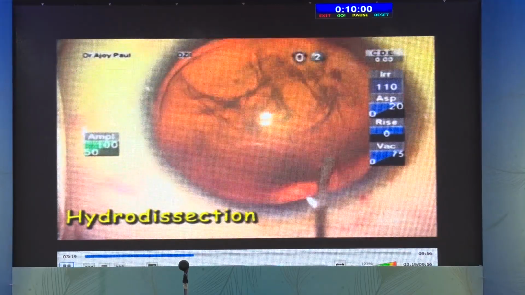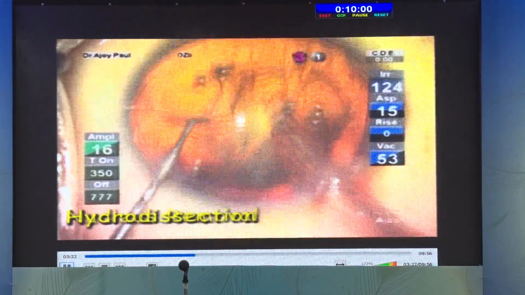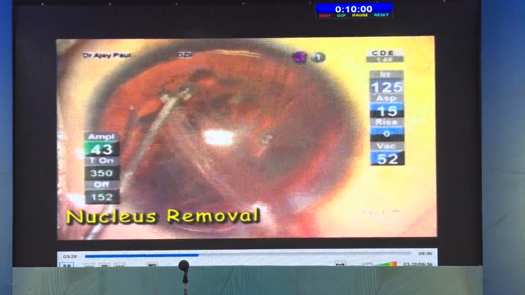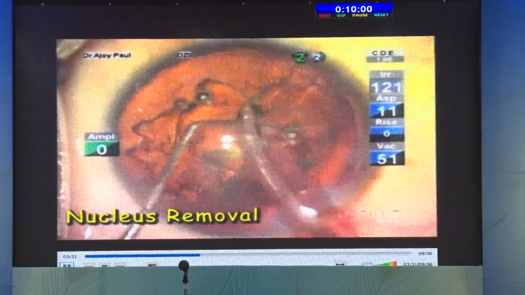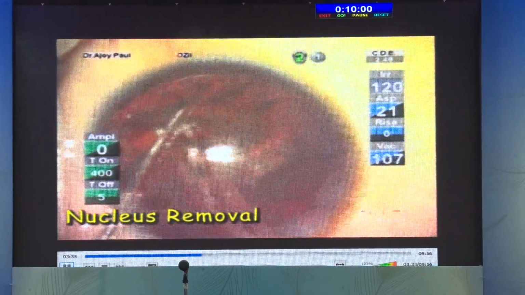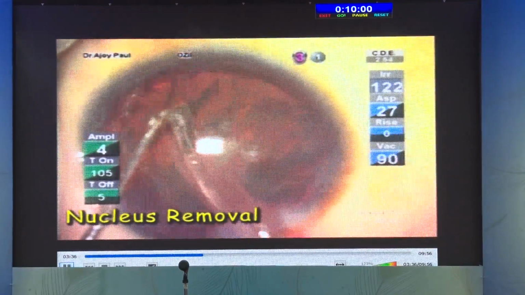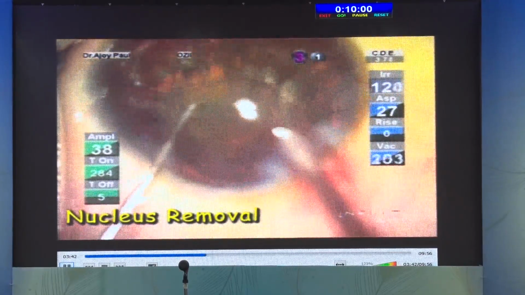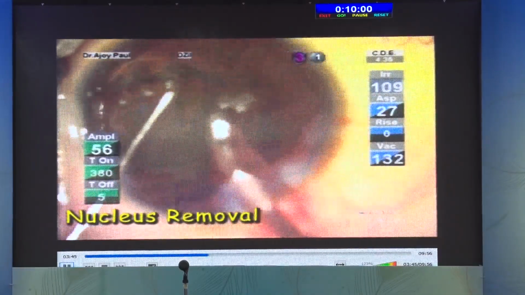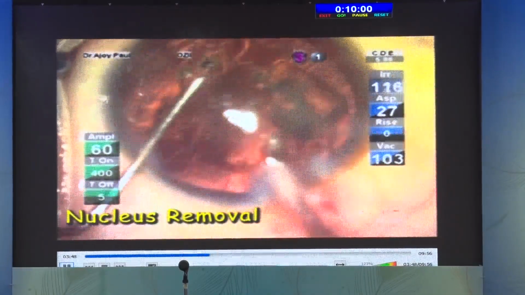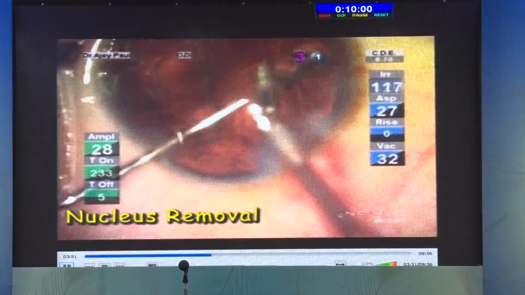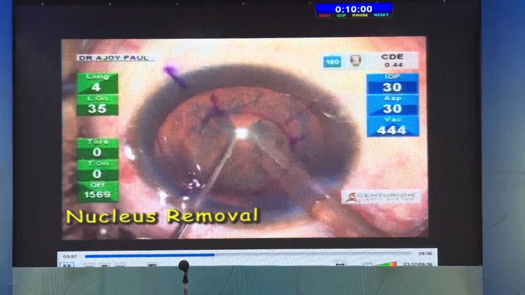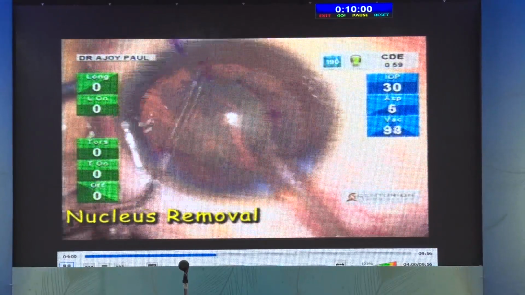So if you can delay the YAG capsulotomy, the PCOs, as late as possible, because with the advanced technology lenses, the chances of PCO are less. And again, nucleus removal. Now this is a deep anterior chamber. You have to be proficient enough. The machine should be such that you can remove the lens with minimal damage. The techniques for a high myope could be chip and flip or a cartwheel technique, as I've seen, but always keep the anterior chamber intact. Never let the anterior chamber go down, because that fluctuation will induce PVD and the chance of retinal detachment.